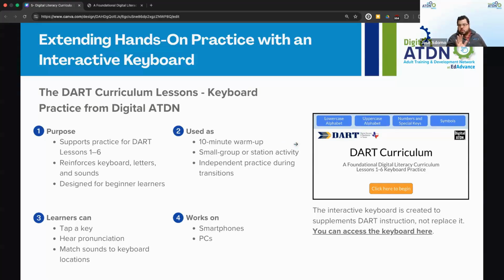I'm not going to go over the slide, but we have this here that we shared on the first session, which is an interactive keyboard that you can use. It has a practice, so if they're in pairs or small groups they can practice with the keyboard. It's an interactive keyboard that we put together. And if they're working independently, it shows them, and there's audio as well for them to listen to the letter. So that's a good practice activity to do between sessions or activities.